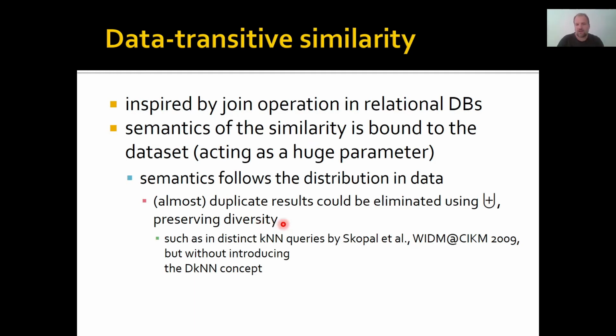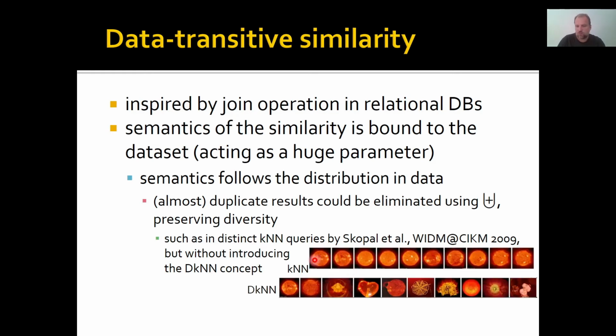This is something that could behave similarly to our previous work, more than 10 years ago, where we introduced the concept of distinct KNN queries. And the motivation was that using a normal KNN query, we could get a result like this. This is a query object, a photograph of the sun, and we get almost the same results as the